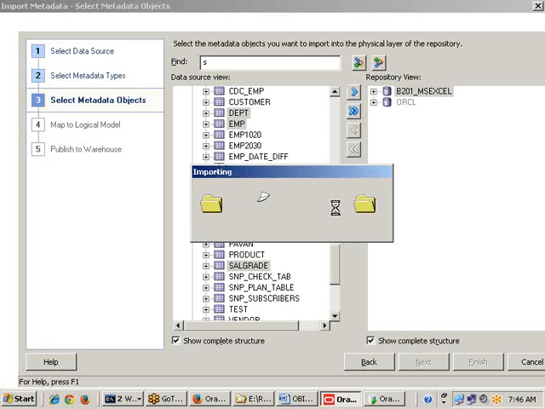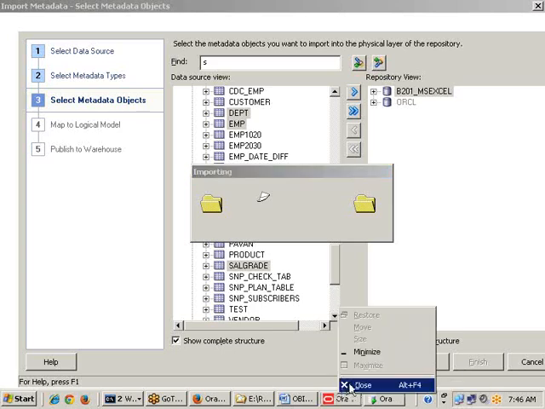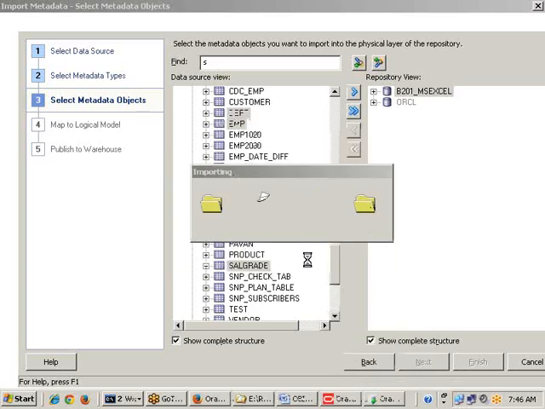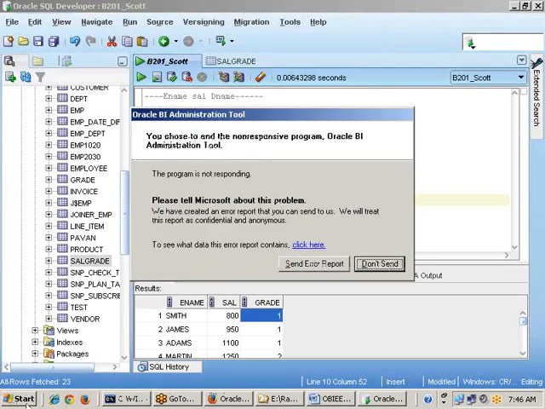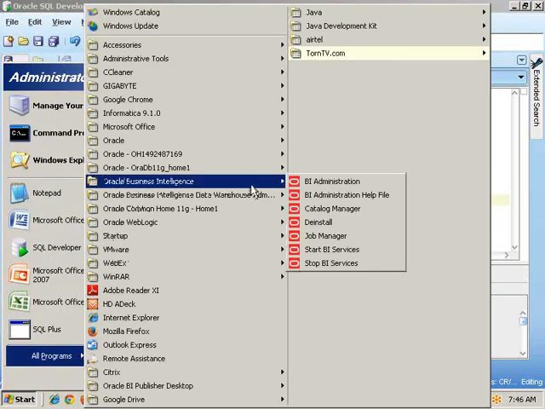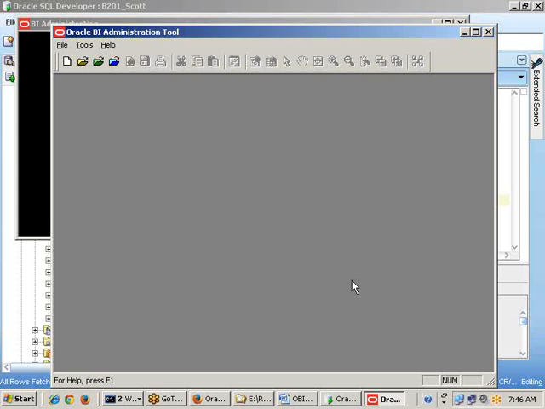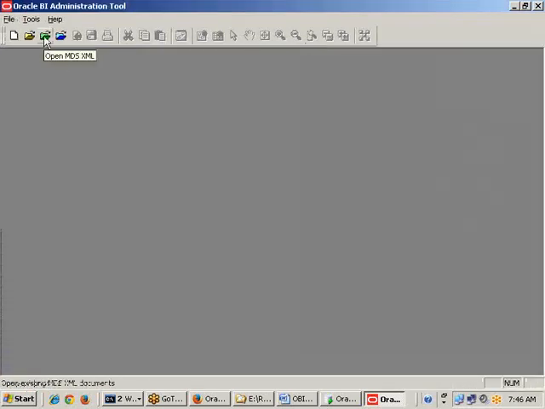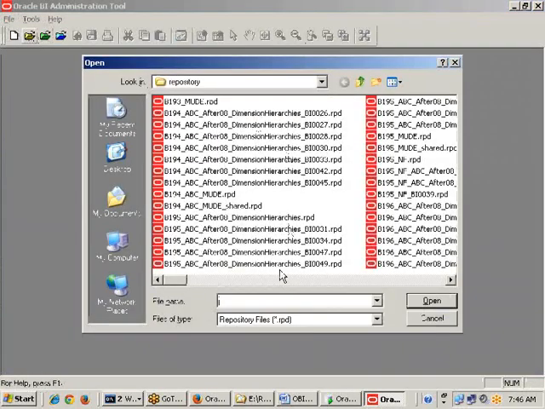If this kind of thing happens, then there is no other option for me. Instead of waiting, it may come after half an hour or something like that if you wait, but we don't have that much time. What we can do is close this and kill this session. Once we kill that session, open the administration tool again, OBIEE administration, then go to the file menu, open offline, then B201